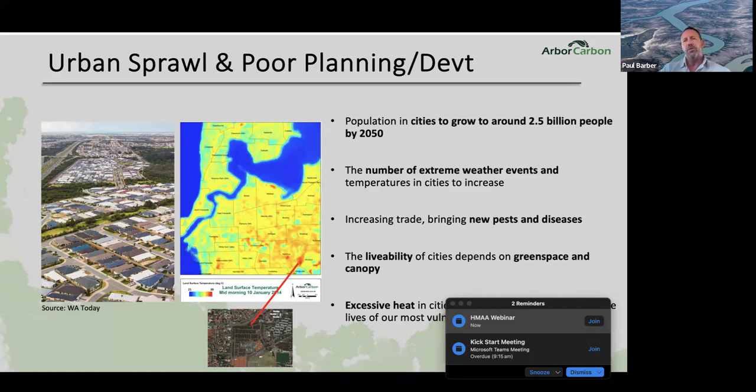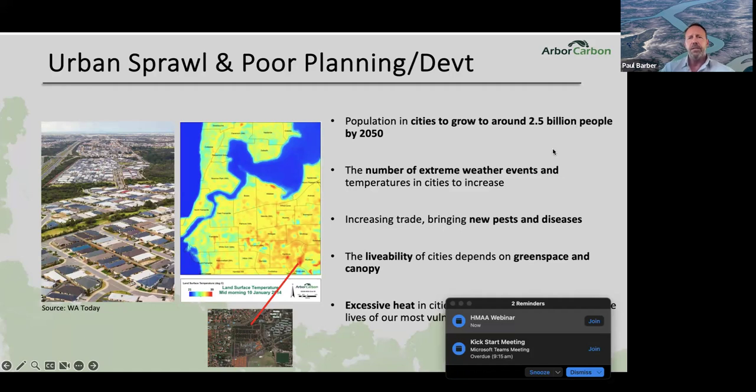One of the things that really struck me, having worked particularly around urban trees, was the need for some science around how to manage those trees, and particularly the health and retention of those trees. The fact is that not only in Perth but all around the world, population is growing and cities are expanding.